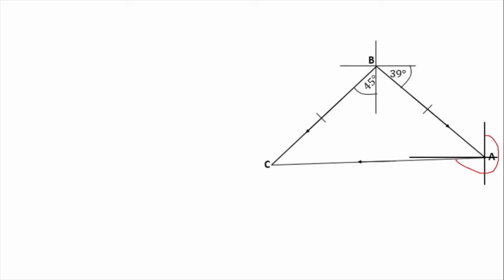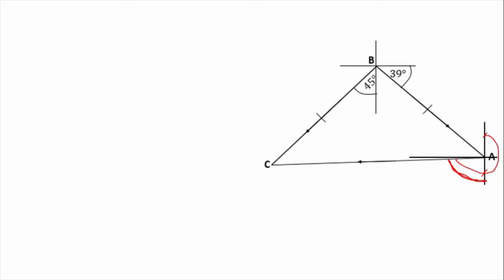Now we know that from here to this side here is 180 degrees. So all we need to do is to find this other angle here and we add it to 180 degrees. So if you're able to find this angle here, we will add it to 180 degrees to get the bearing